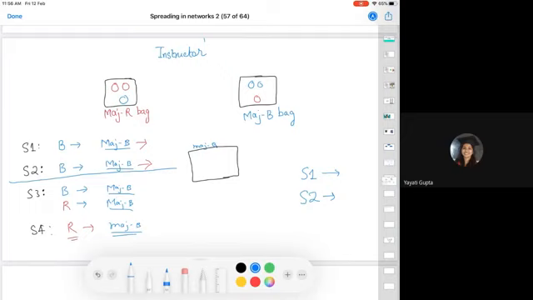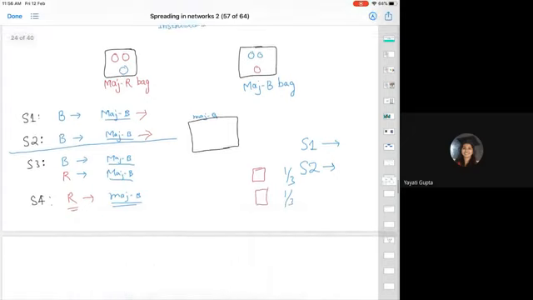So what happens in such a setting? Assume that this bag is actually majority blue, and the first student, by chance, ends up drawing a red ball. So he says that it's a majority red bag, and the same happens with student 2. He also ends up drawing a red ball. So what's the probability that student 1 draws a red ball from a majority blue bag? The probability is 1/3. And then the second student also ends up drawing a red ball. For him also the probability is 1/3. And assume that these two coincidences happen.